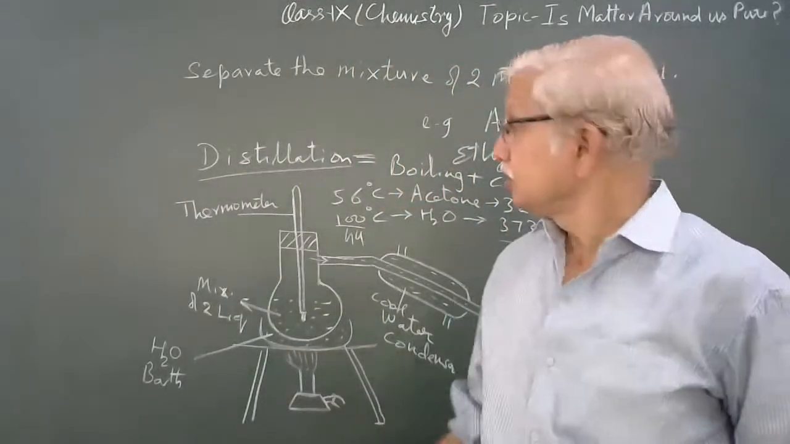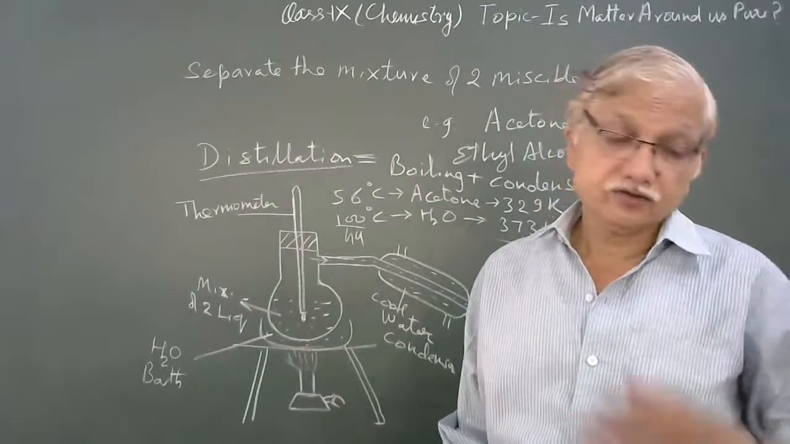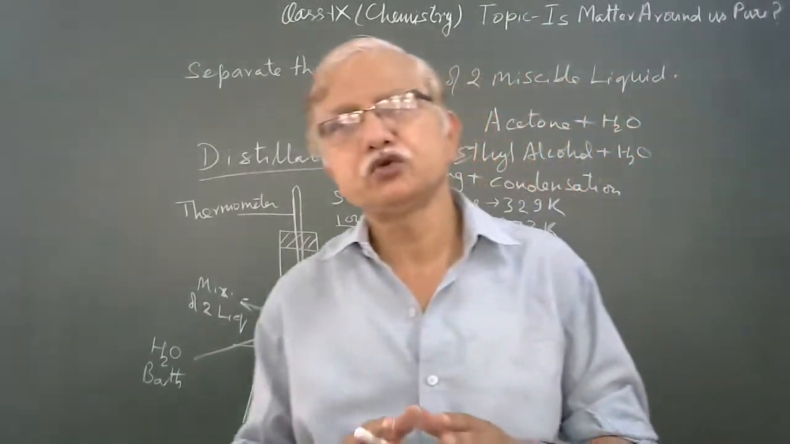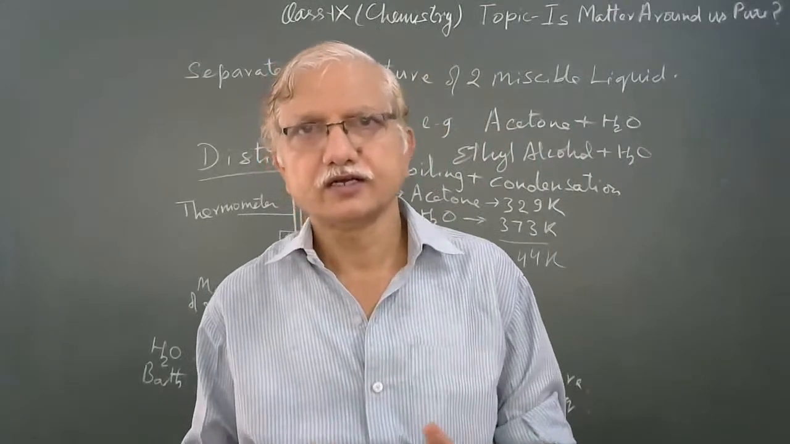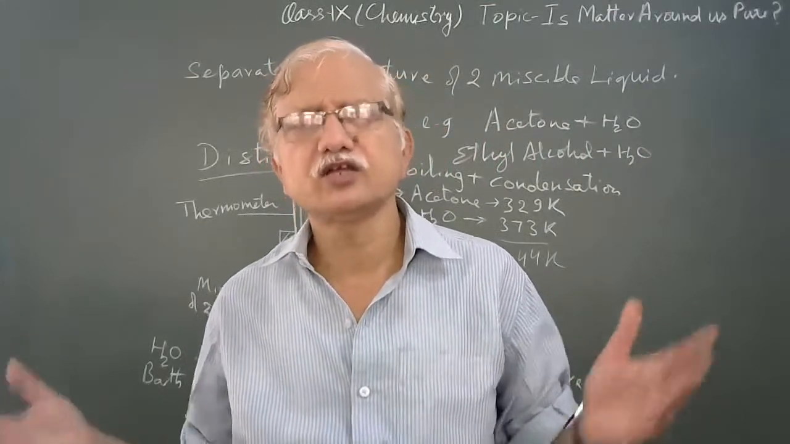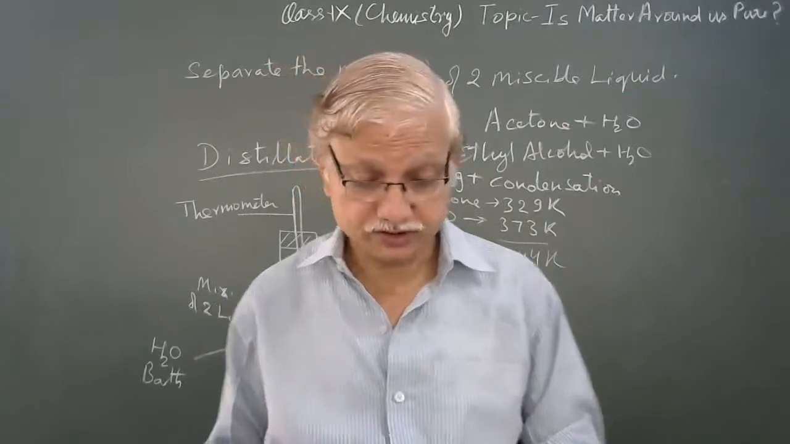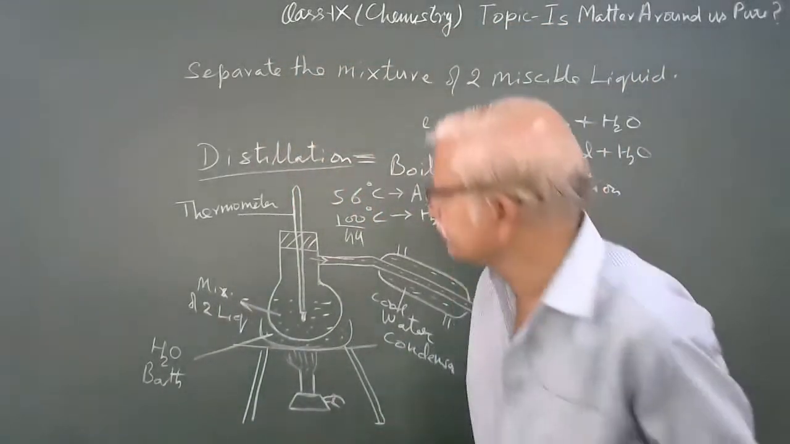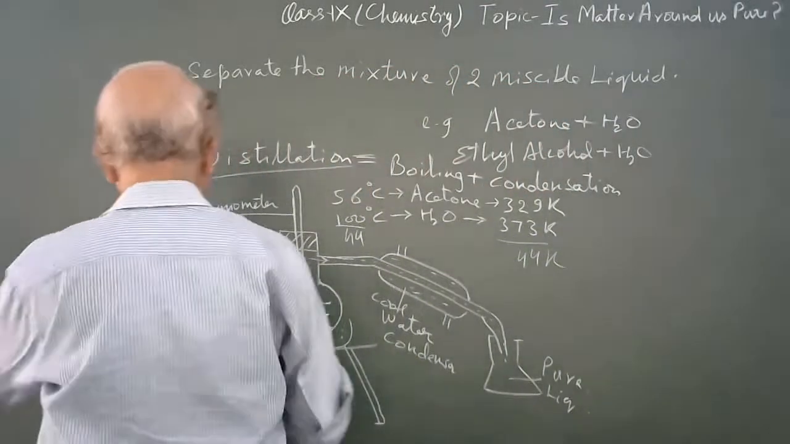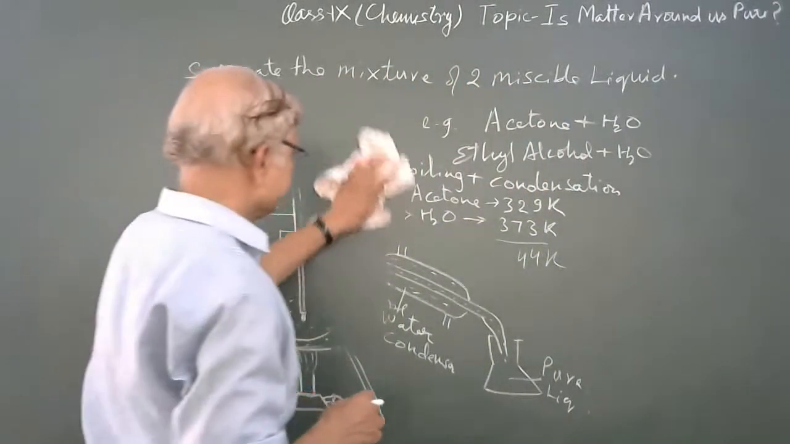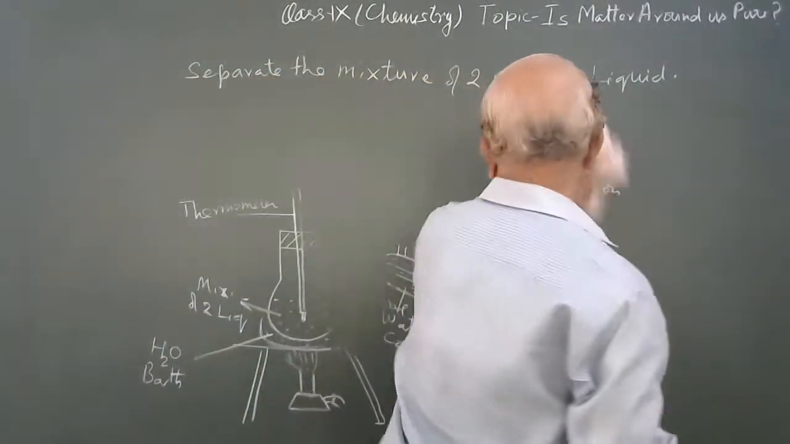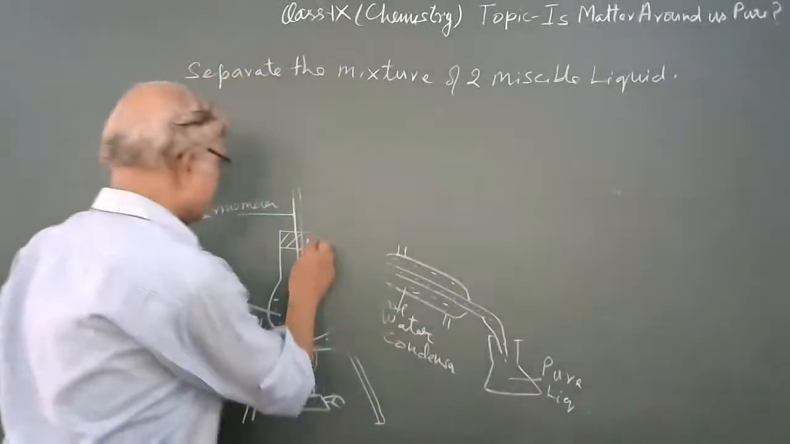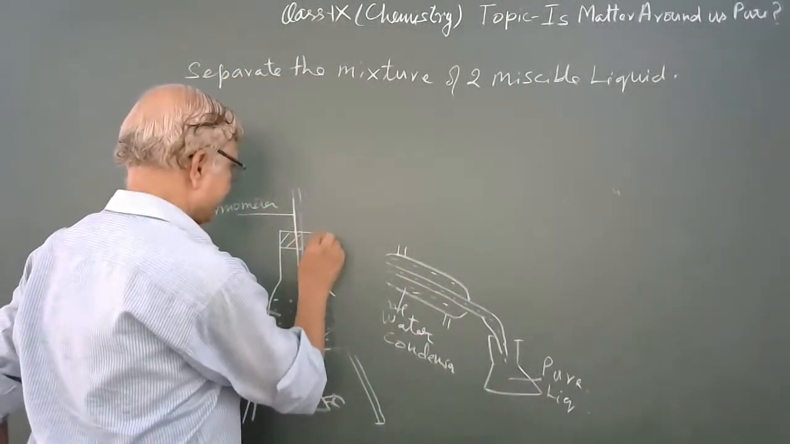Correct? So this is distillation, and this distillation process, where it is used, if you want to separate two liquids, correct? This is a very common process and very commonly used. Now next is fractional distillation. Next method is fractional distillation. प्रोसेस से ये काम आ जाएगा, इसलिए इसको मैं लिखा है।